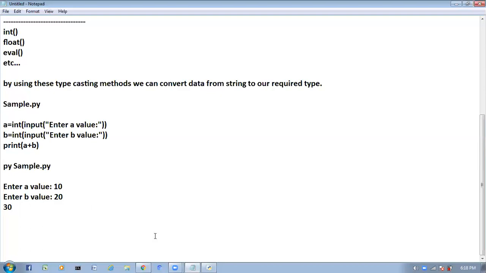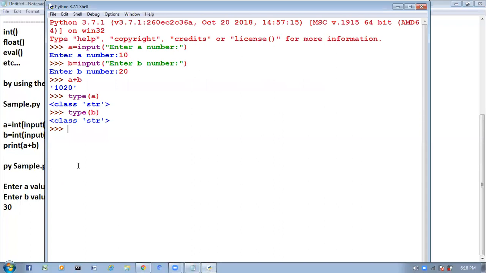Clear? So now observe very carefully what I am going to do here. Here A is equal to int of input of enter a value. Okay, enter a value, 10 I give.